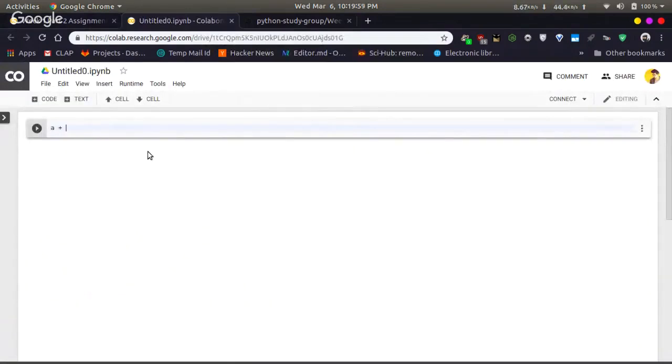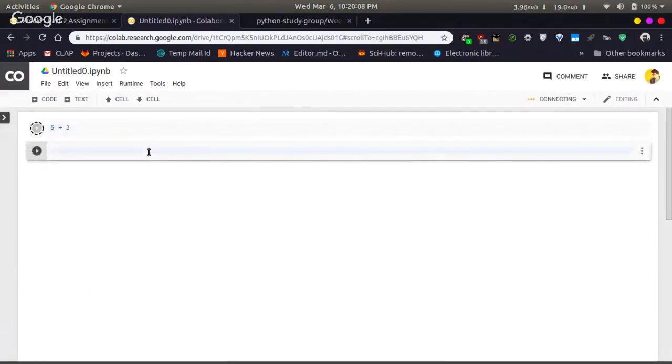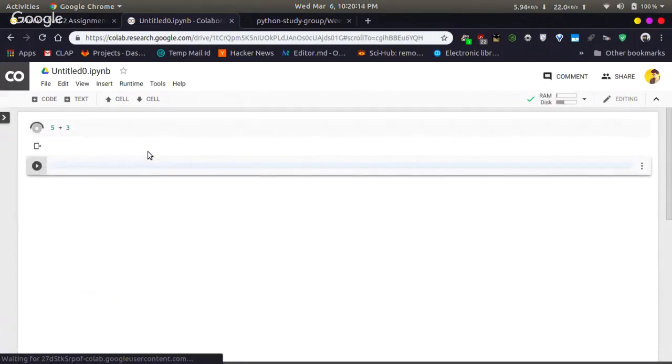Let's assign a equal to 5. 5 plus 3 will give me 8.